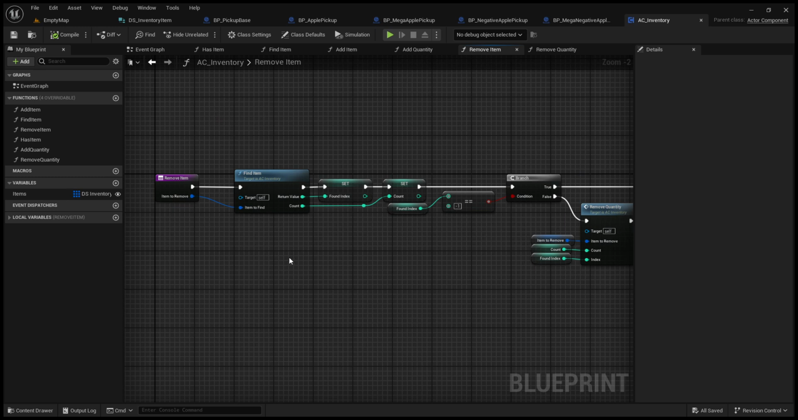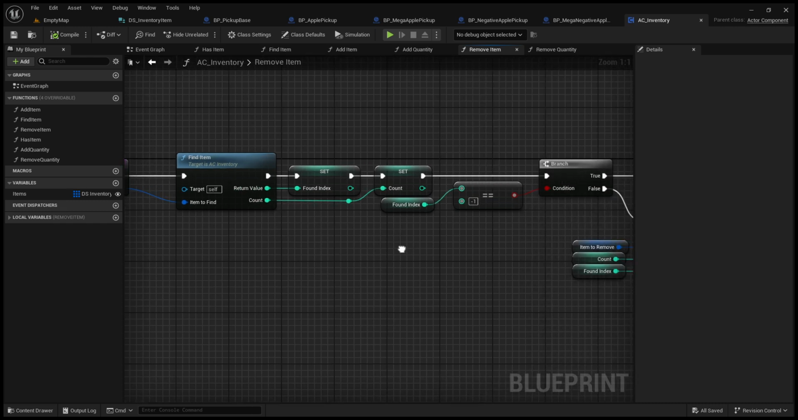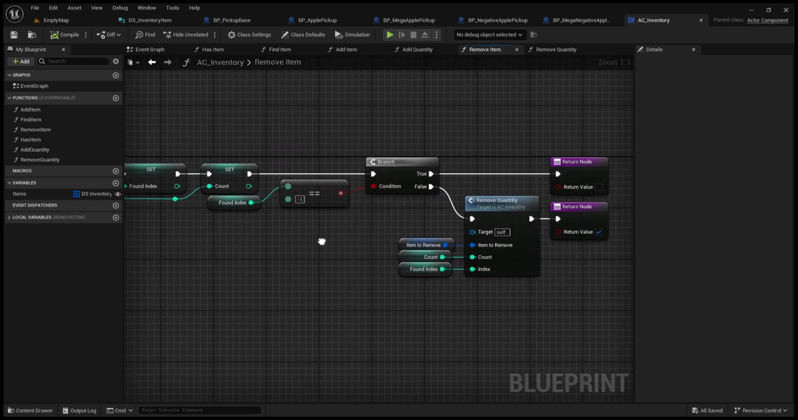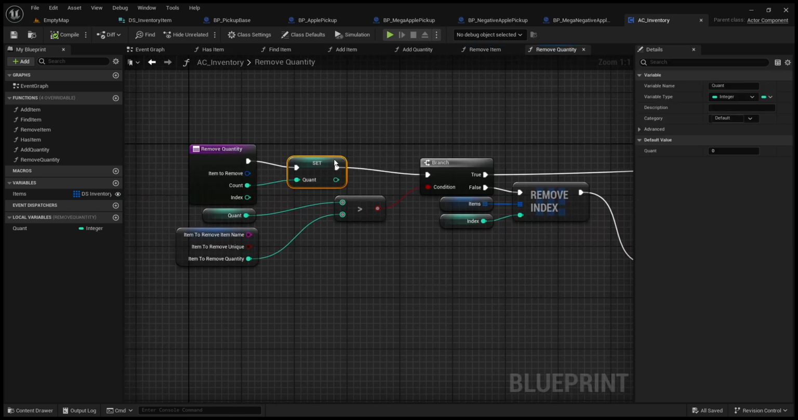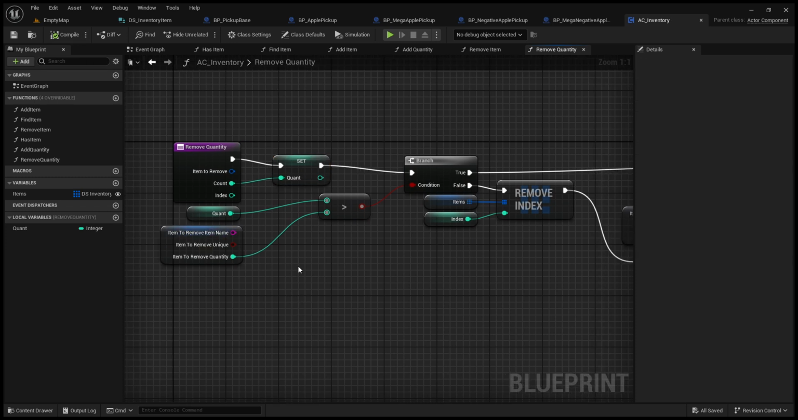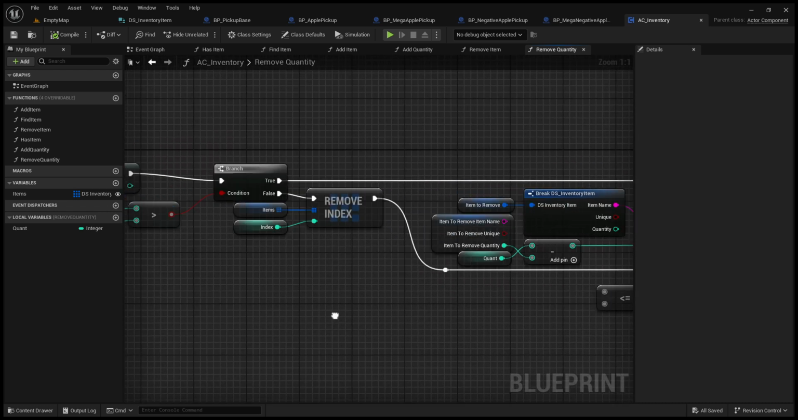And then remove item works on the same idea. Remember, this is just the index and this is the quantity. And then same thing, remove quantity function that I also made. If the quantity that we already have is greater than the removed quantity,